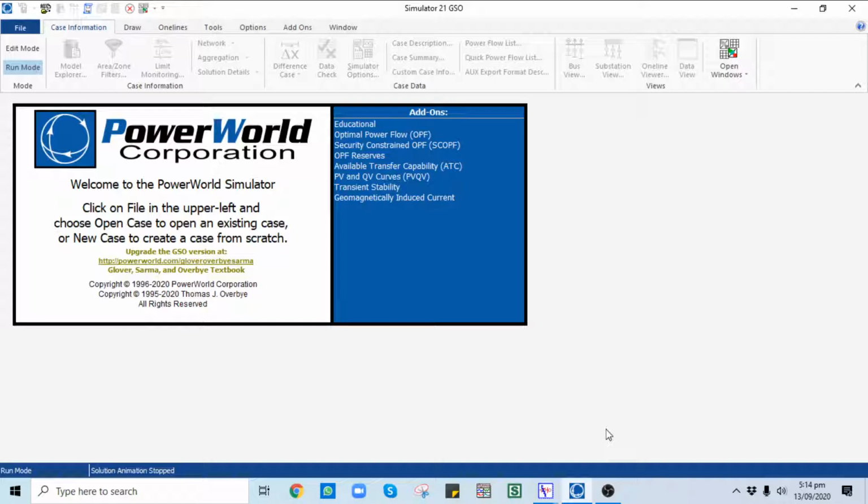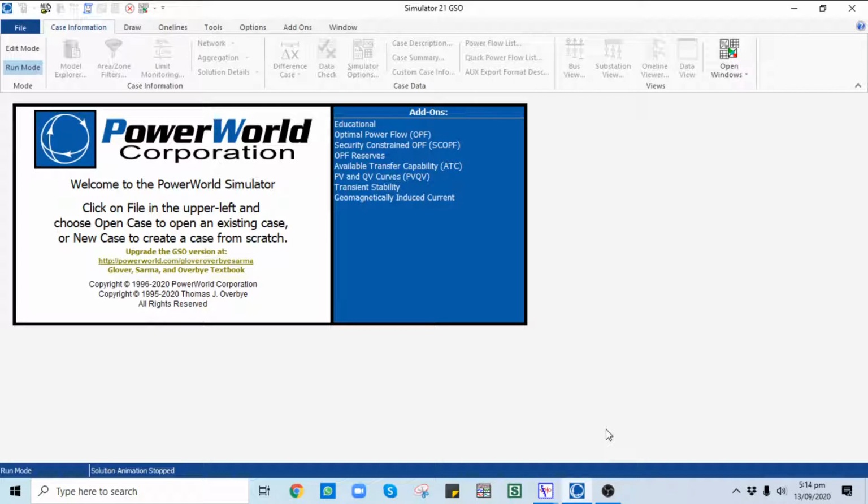Today is our third lecture on Power Flow solution methods in Power Simulator. The learning outcomes of our third lecture will be how to import a Y-bus network in Power Simulator and the Power Flow solution methods. The first one, the Gauss Seidel, and the second one, the Newton Raphson, and the third option that we will discuss is the fast decoupled solution method, and also in the end we will discuss how to import the Jacobian matrix in Power Simulator.